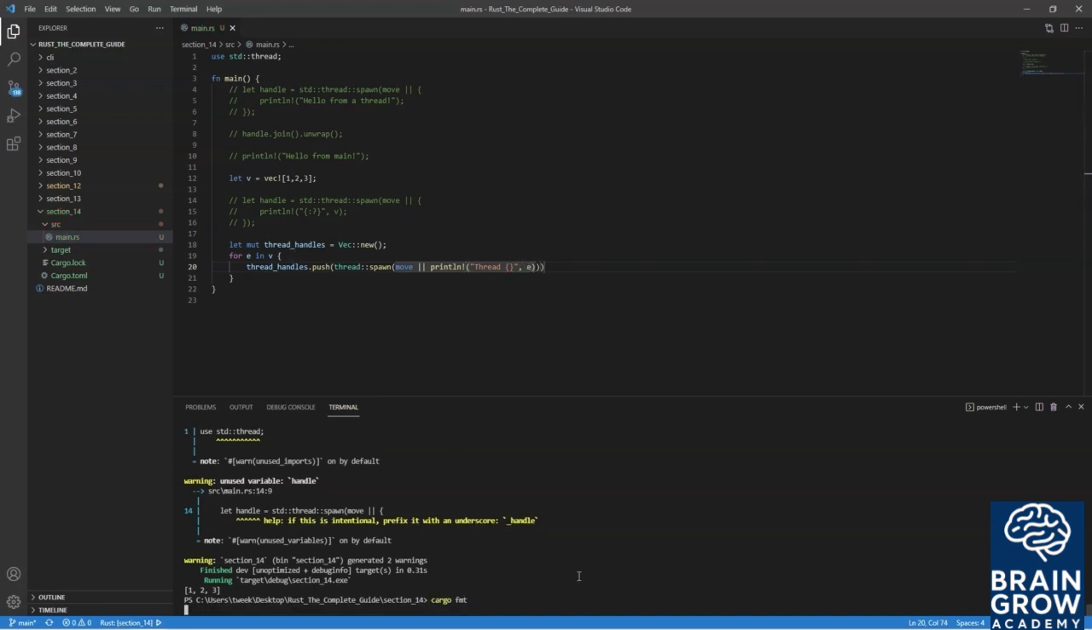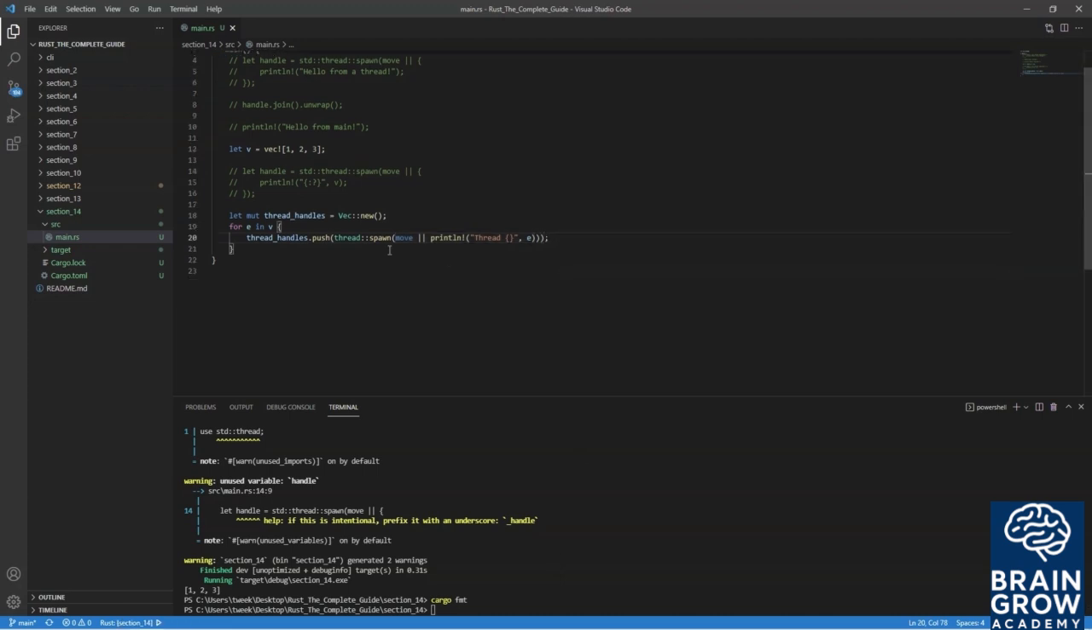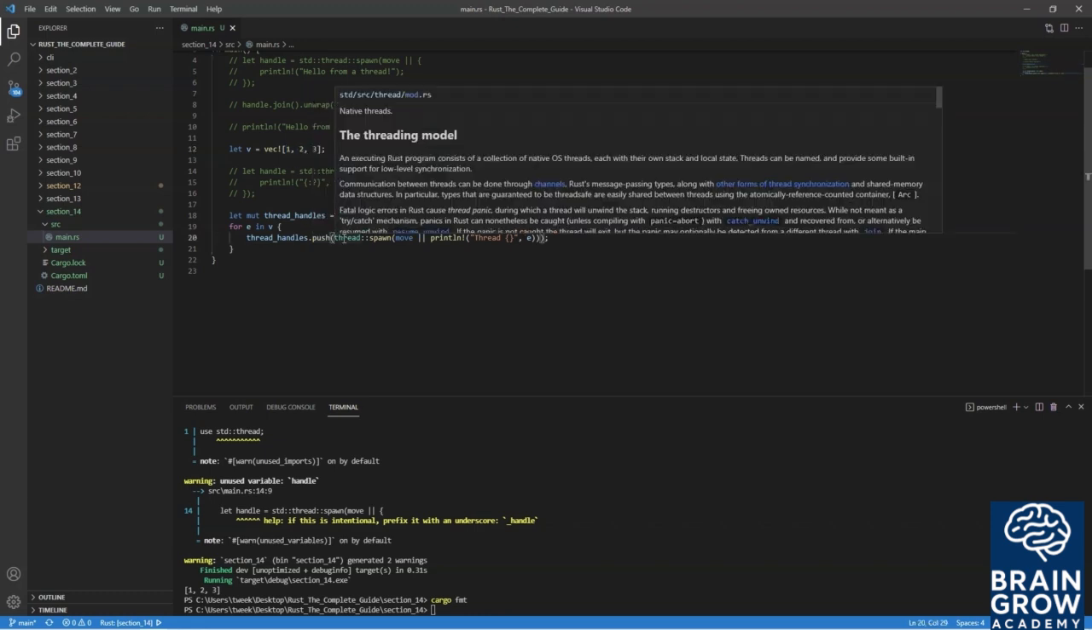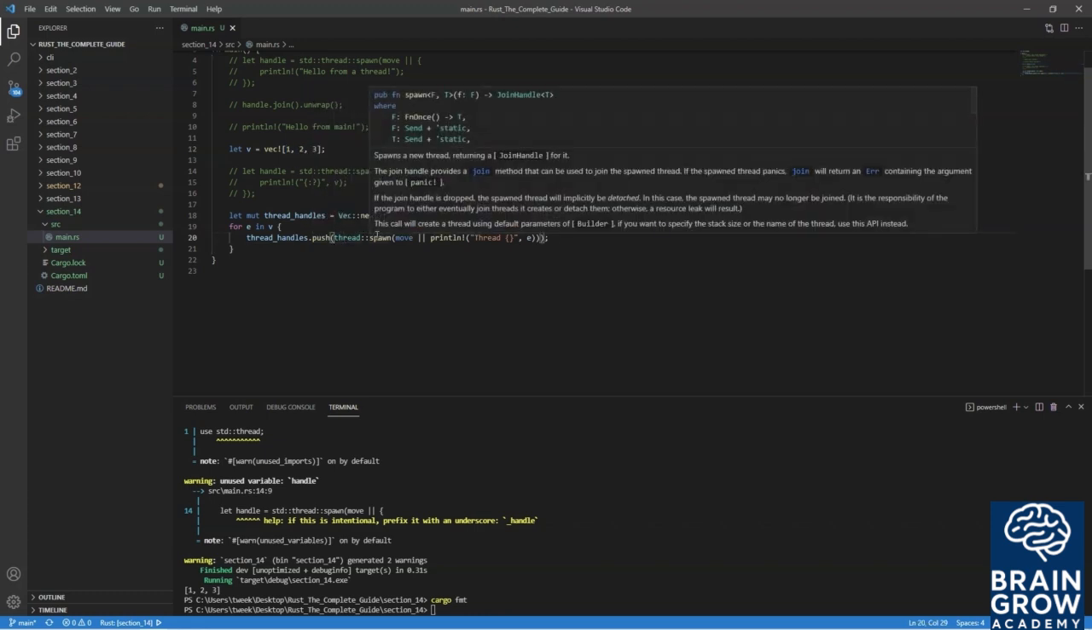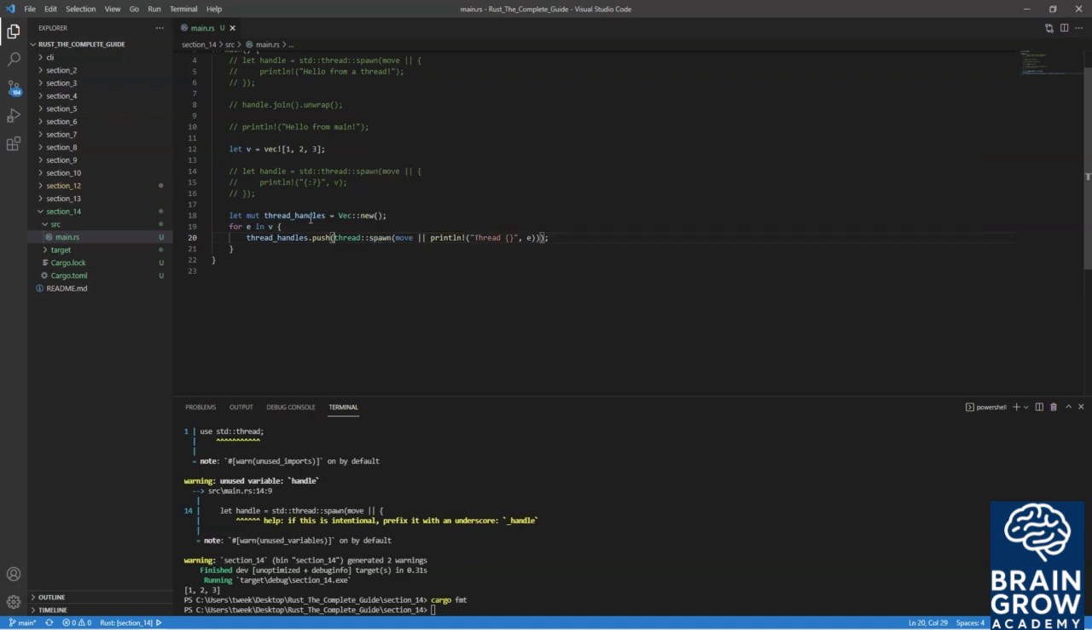Now let's just format this to make it look a little better. Alright, so what are we doing here? So we created a new vector called thread handles. And for every element inside our v vector, so 1, 2, and 3, we are going to push in the result. So a join handle, we're going to push a join handle into our thread handles vector. So what this is going to do, it's going to create 3 threads for us, and they're going to be